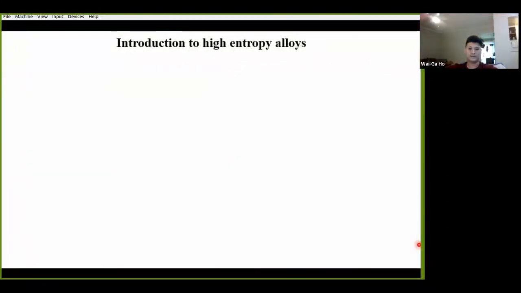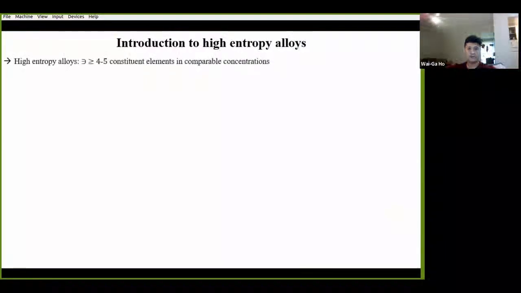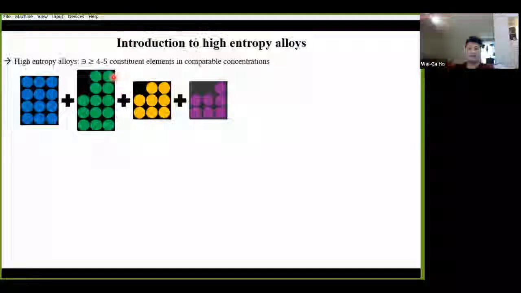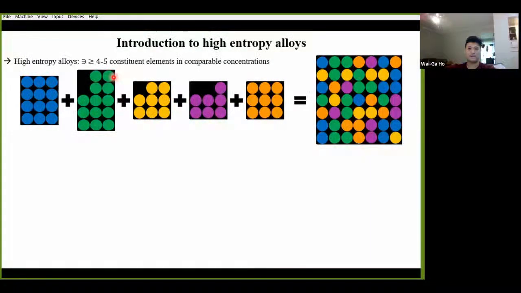Well, for that, we can start talking about high entropy alloys, which represent a new class of disordered matter, and whose development marks a recent milestone in materials research and engineering. So what are these high entropy alloys? Like I said, the field is still pretty new, so some people may have slightly different definitions. But in general, the term is used to describe metallic alloys comprising a mixture of at least 4 or 5 constituent elements, all of them appearing in roughly comparable concentrations.